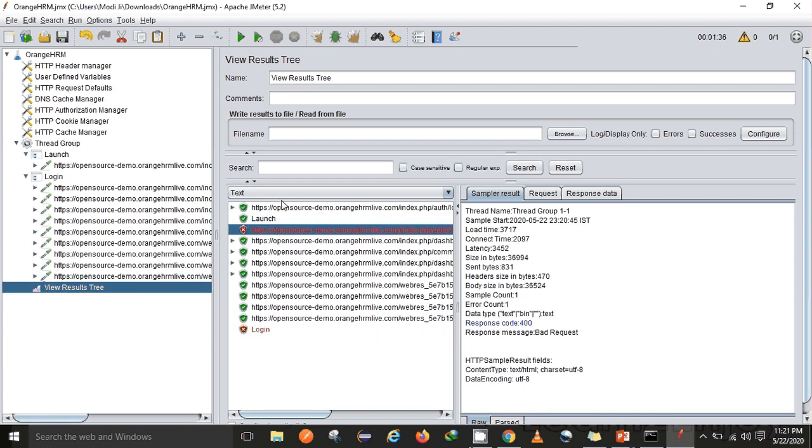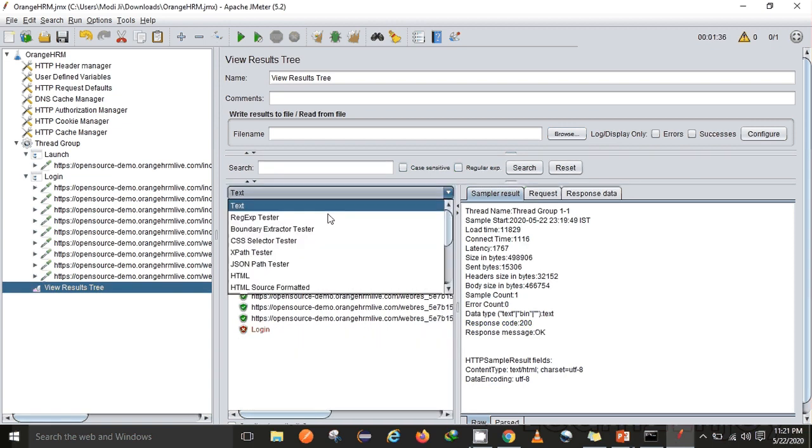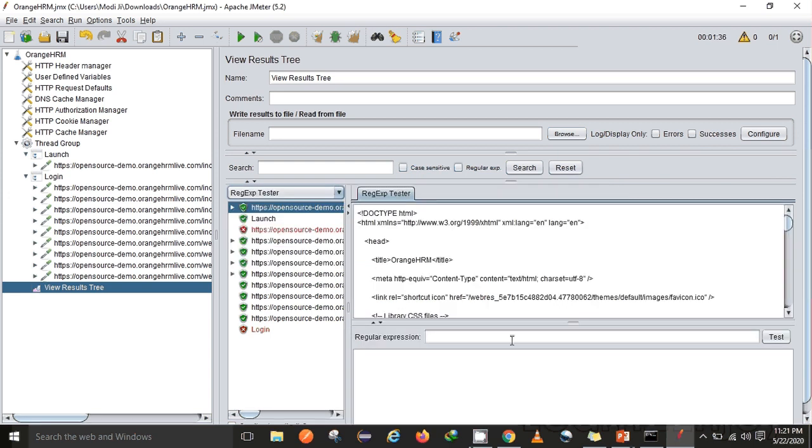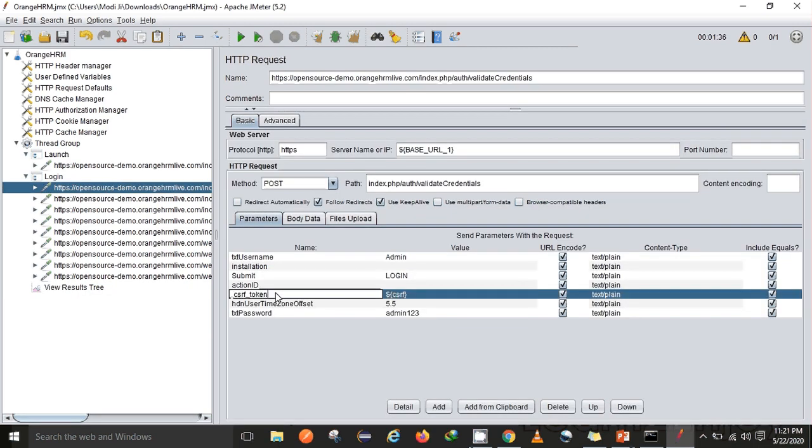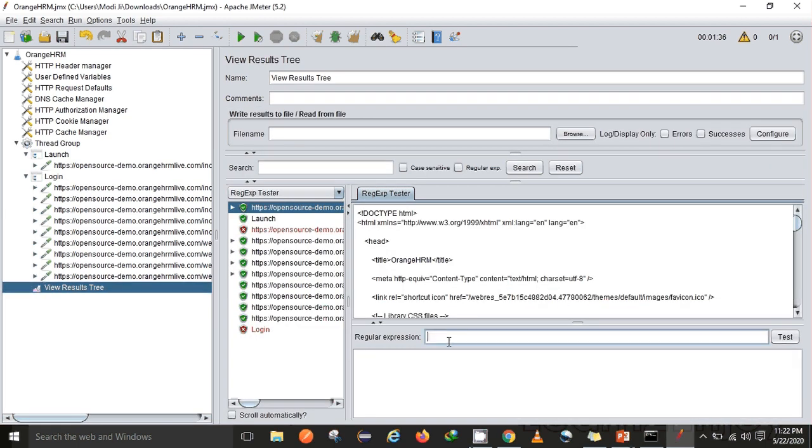I'll be getting that particular CSRF token value with the help of this launch URL. So how do we find it? We'll try to find it with the help of the CSRF token. The key name is CSRF token. Let's test. Okay, so we have two values.